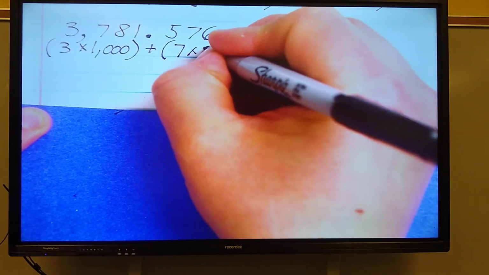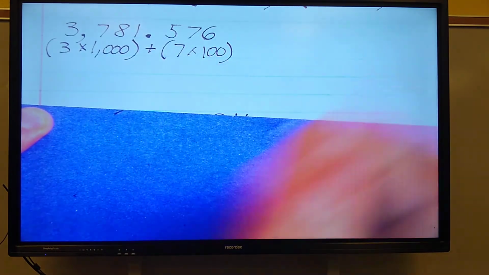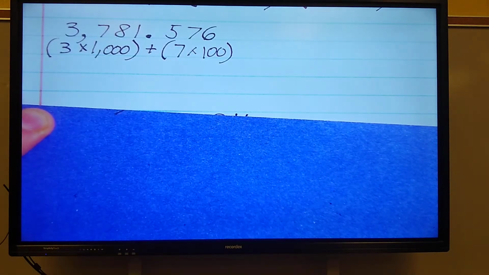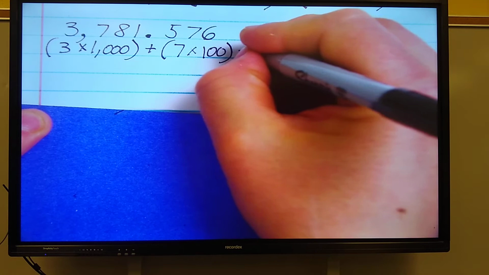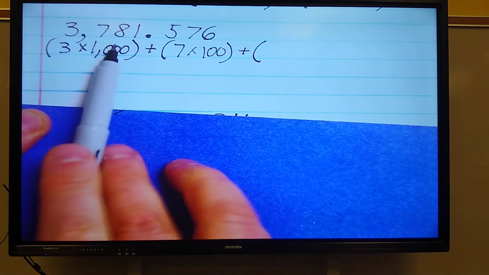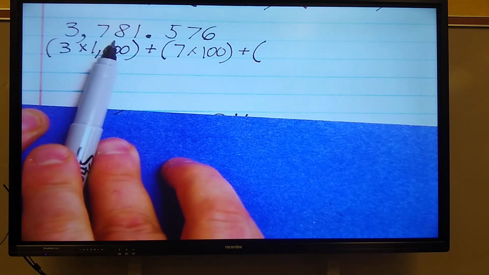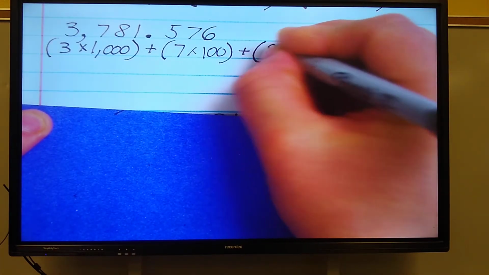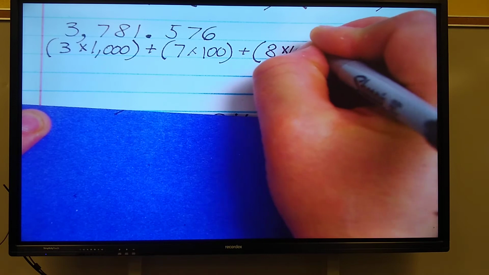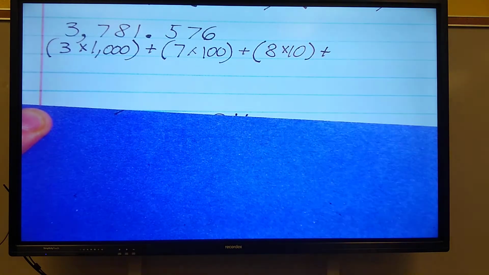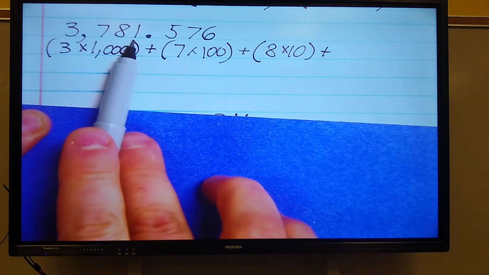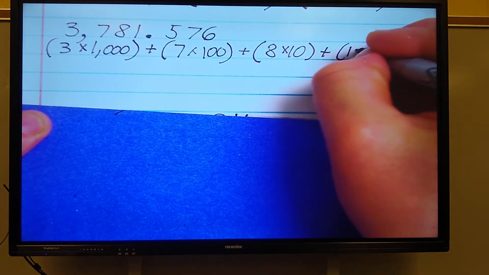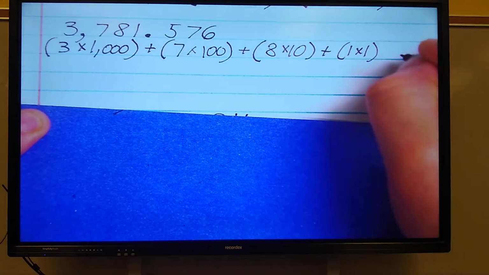7 times 100. 7 is in the hundreds place. 7 times 100. Plus, parentheses, 8. 8 is in the tens place. So 8 times 10. Plus, 1 is in the ones place. So, 1 times 1. Plus,